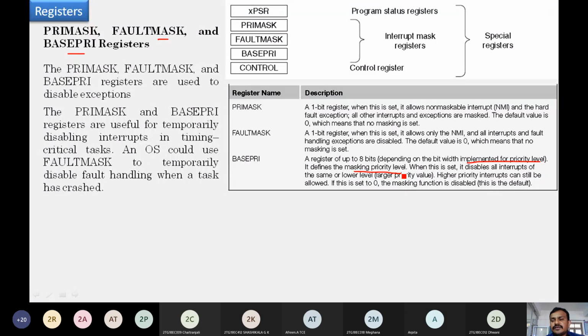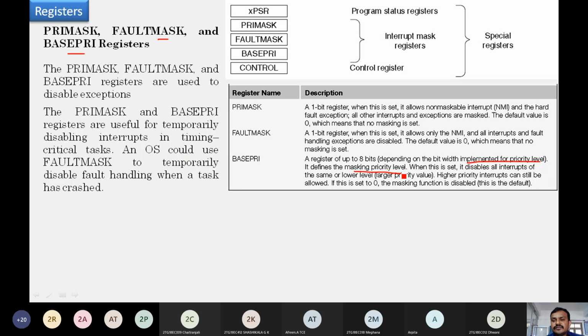If either of these two buttons, the power button or the restart button, has been pressed, which one is going to be entertained first? It is based on the priorities allocated to each interrupt. These range from 0 to 255, isn't it? So there is a priority we are going to assign. So it defines the masking priority level.